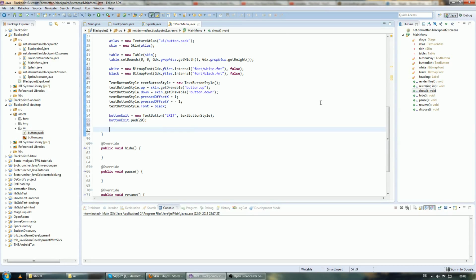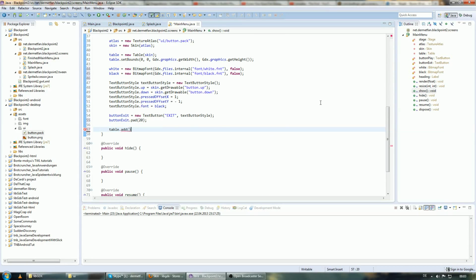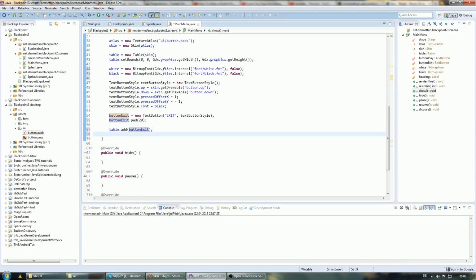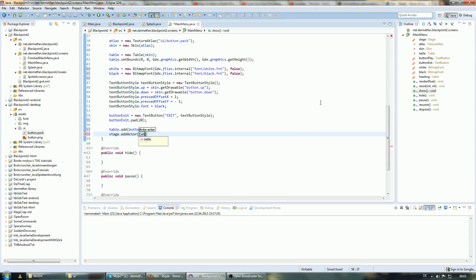And now we want to add the button to the table. So we just go table dot add button exit, and we want to add the table to the stage. Stage dot add actor table,